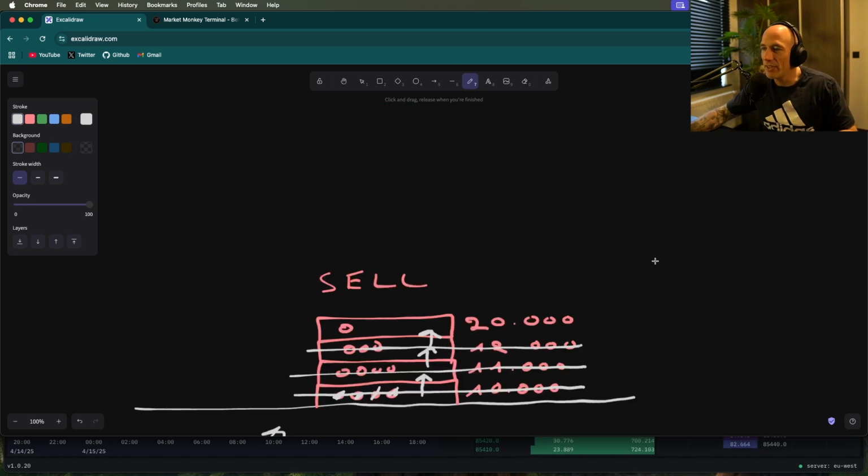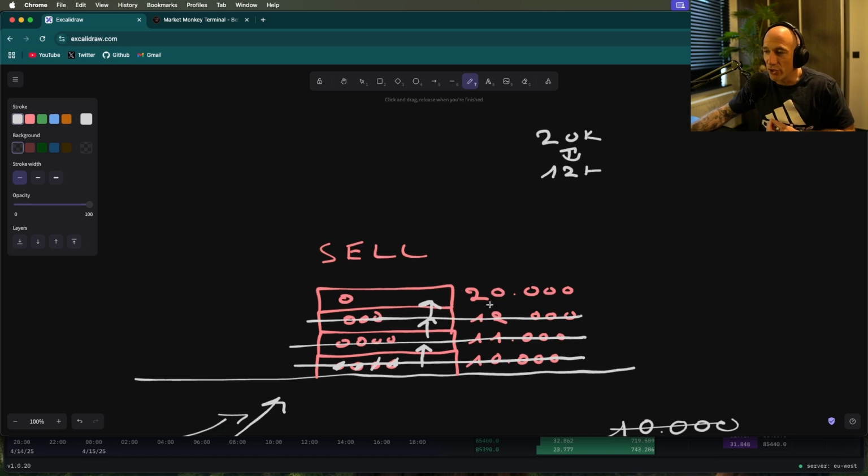Well, that basically means that between the 20K level and this 12K level, the gap in here means there are no apples being sold at these levels. Most of the time you're going to hear the term "there is no liquidity." The books are thin. If this is the books and there is nothing between 12 and 20, that basically means that the books are thin, there is no liquidity, so price will rapidly